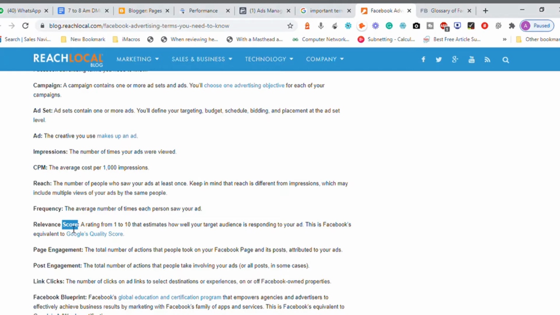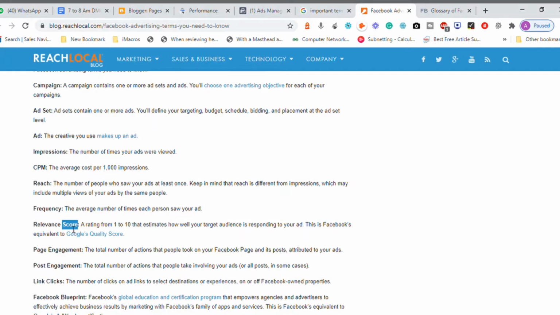So we have something called page engagement. Before that, we need to understand what engagement is. Engagement is interaction, interacting with the visitors. How well is your website interacting with the people, and how can we understand whether people are interacting with the website or not? When people like your content, they simply click on the like button. If they don't like it, they click on the dislike button. They may want to share it with other people. They feel, oh, this content is really good and I want to tell a friend of mine, so automatically they will share it with other people.